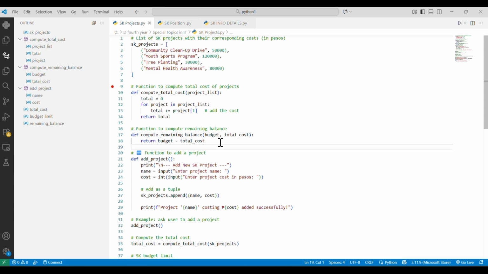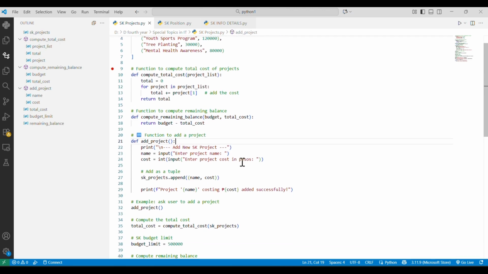So next we have the function to compute the remaining balance. This simply subtracts the total project cost from the budget limit. It returns how much money is left. Next, we have the function to add a new project, wherein this function lets the user add a new project to the list.